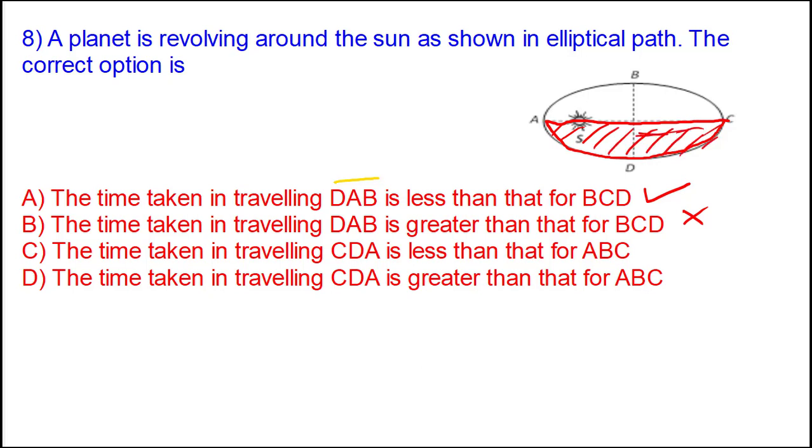And second is ABC. So when it goes through ABC, in this case we can take the yellow one. So this is the ABC path. For this ABC path, this is the area which comes under the ABC part, and we see both are equal. Neither is greater than the other one. So these two options are incorrect. So only correct option is A.